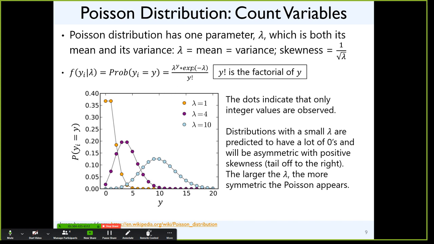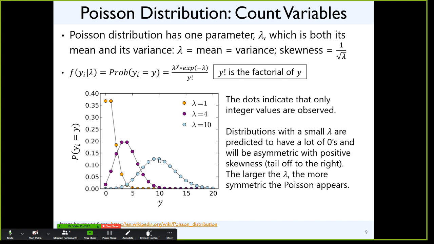In this case, this is another one where the mean and the variance are related to each other. The mean and the variance are supposed to be the same number. So the yellow dots is what this would look like if the average count was 1, like number of cigarettes smoked or something. Then the variance is also supposed to be 1, and most of the data would be shoved over here on the low end. Very few cases would be expected to have a count above 5 or so. Purple is a mean of 4. It starts to look a little more symmetric, but there's still somewhat of a tail hanging out on the right side. And 10 is the one where it starts to look symmetric.